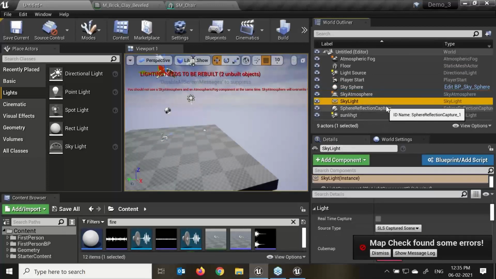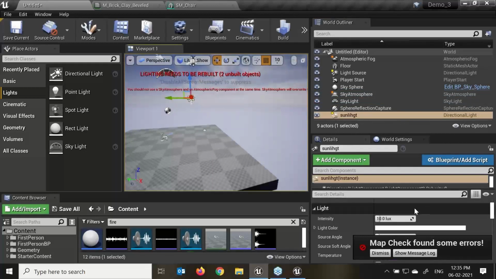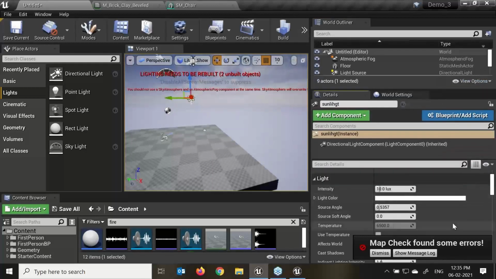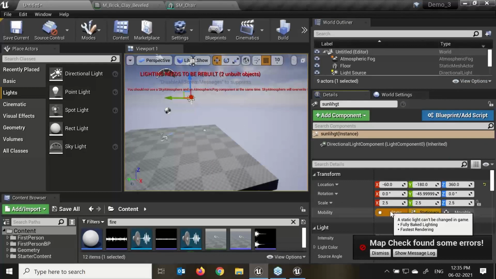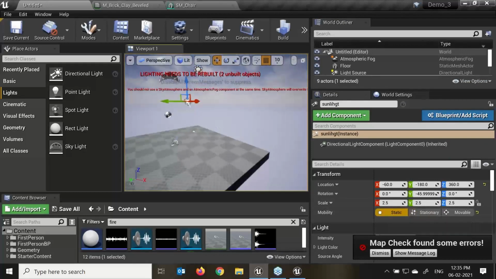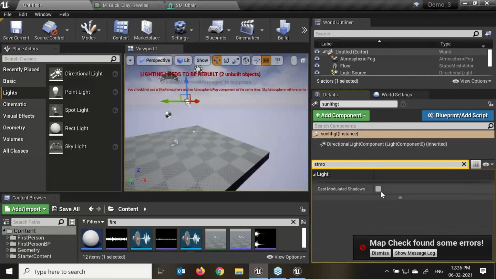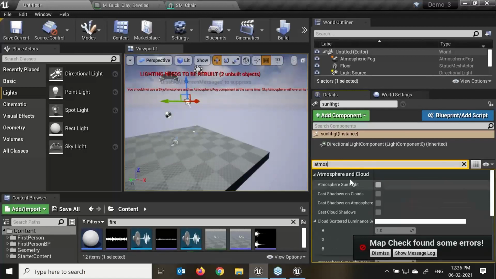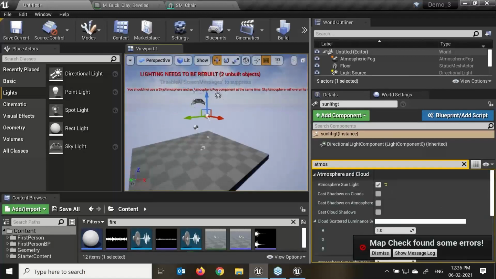Make it a static light, because this directional light, if I select it and go over here, I'll make it a static light because it will not move. This will save a lot of processing power, right? And what we'll do, select this again, atmosphere light, which I have shown you already. Sorry, atmosphere sun light. Here you can see this.